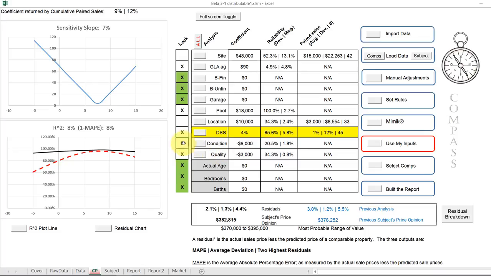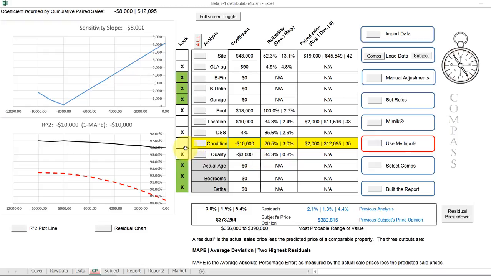And now let's undo this one, and let's do the condition. And now we are minus 10. We thought, well, we are actually from a minus 8 to a minus 10, and we thought the condition could be as high as a minus 8. So maybe we'll just put a minus 8 in here. Now it's a minus 8. This is a case 2 because we changed it, but we're within the range of these 4